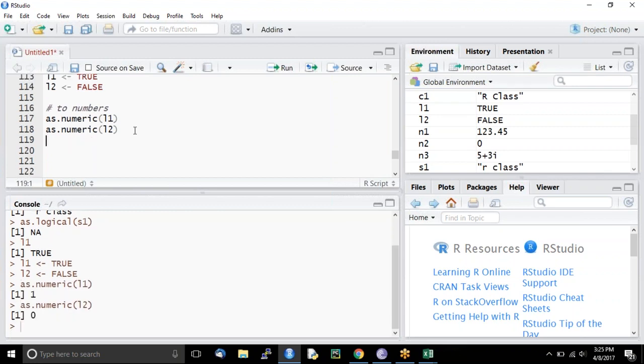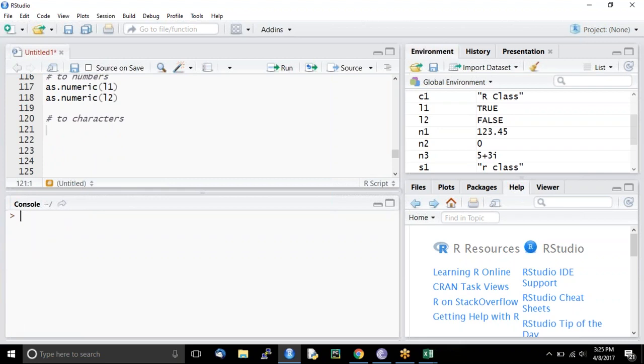L2 will be 0. That's it. And this is a little bit interesting. Logical to character. So L1 is true. If I say as dot character L1,